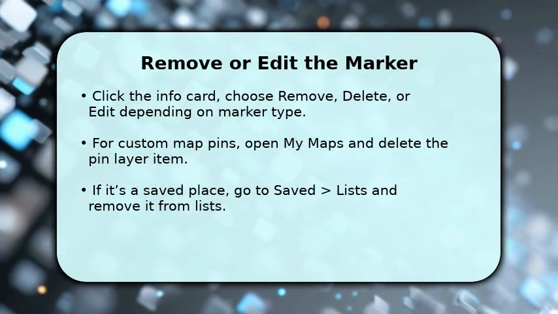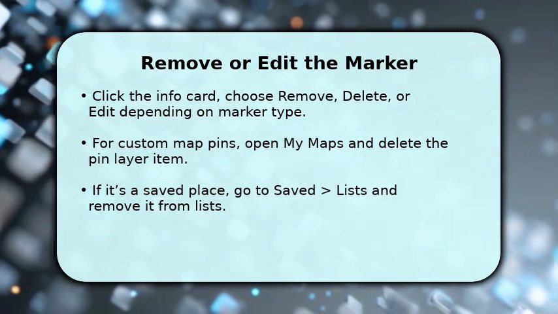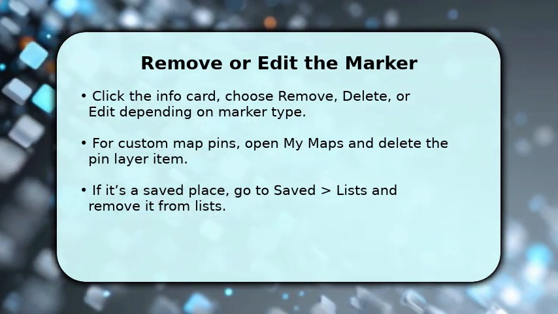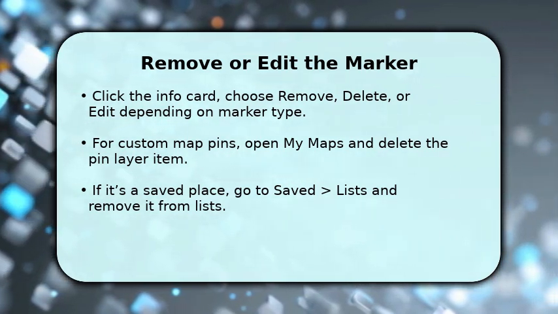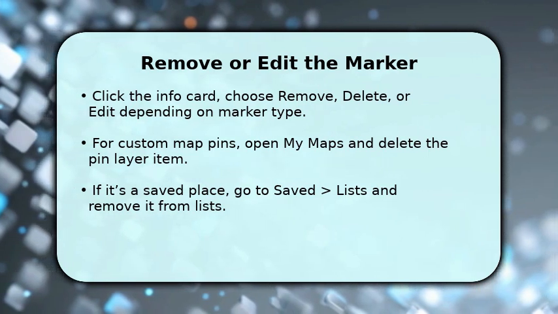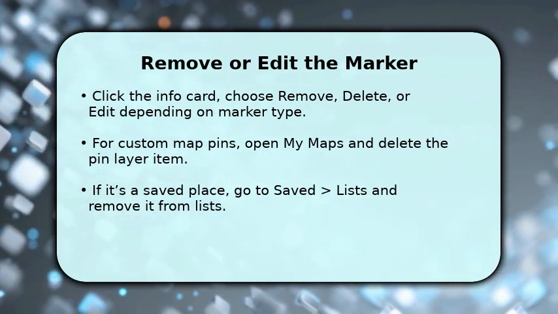Now take action based on what you discovered. If it's a standard place marker you added, choose Remove or Report a problem from the info card. Follow prompts to delete. For a Custom My Maps pin, open Google My Maps, select the map, click the pin's layer